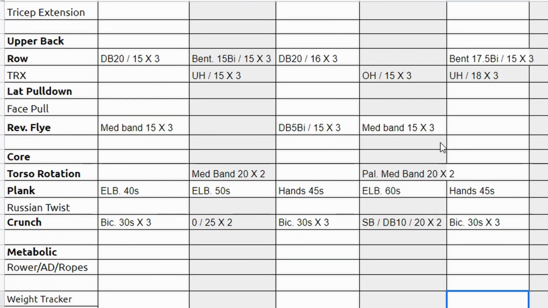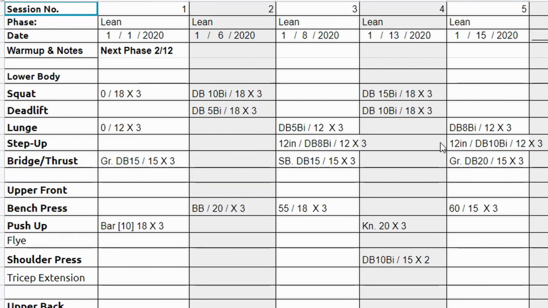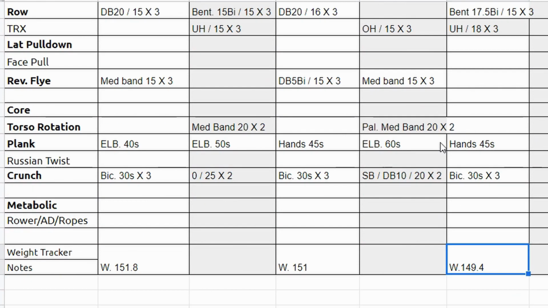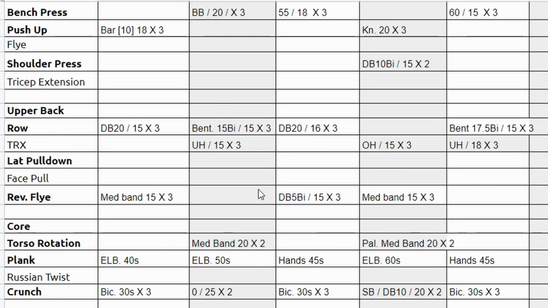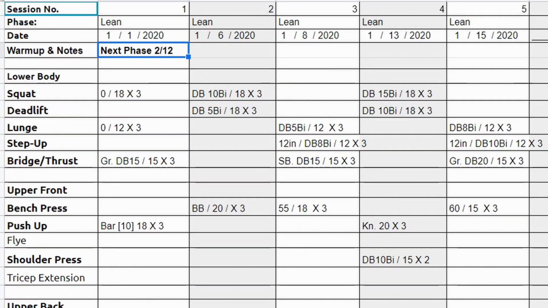And of course, every client is different. So if I have a client with different goals, their workout chart is going to look entirely different. If I have a client with orthopedic issues, their chart's going to look pretty different too. And heck, even in 6 weeks, her chart's going to look pretty different because she's going to be in a different phase. And I'm going to be trying to challenge her with different rep counts and different weights. So yeah, there's kind of a lot that goes into this, but if you use an approach like this one, your clients will appreciate how on top of your game you are and how you're always just a few steps ahead of them. And ultimately, that's what they pay you for.